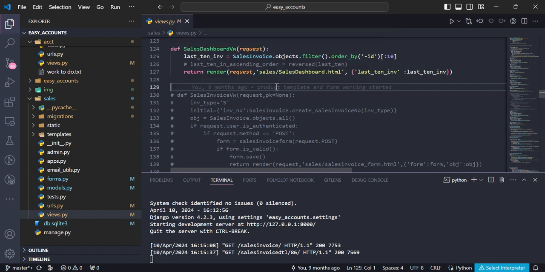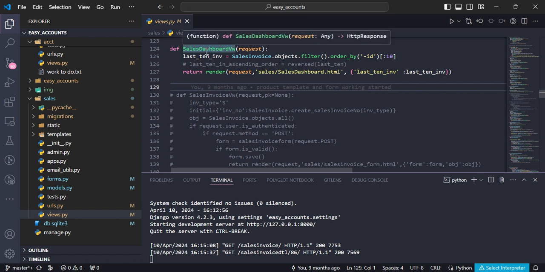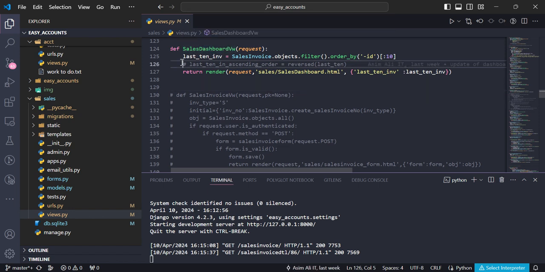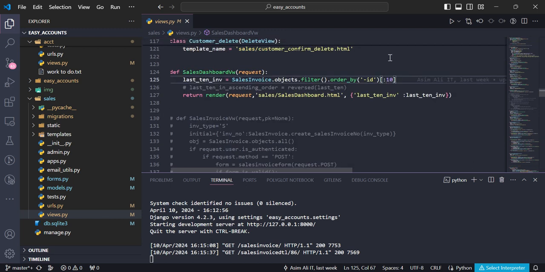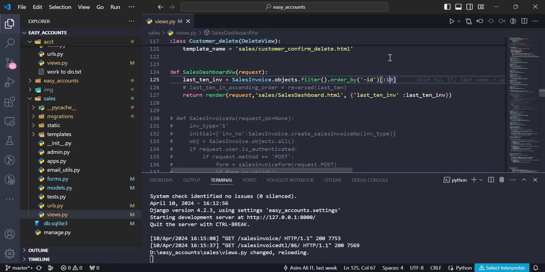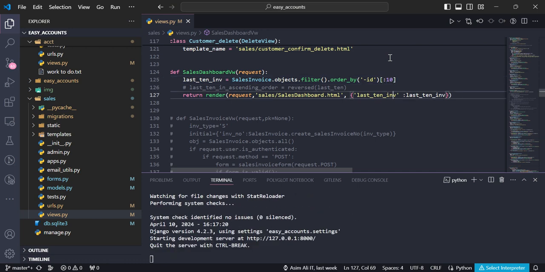And you see here, first I will show you the dashboard. What does the dashboard contain? It only contains the last 10 invoices. Sales invoice is calling the sales invoice model. Filter, this is Django ORM. Order by minus ID, descending, last 10 records from 0 to 10. If you do not put a 0 value, it means it is 0. From 0 to 10 list, and returning to the Django template. This is the dashboard